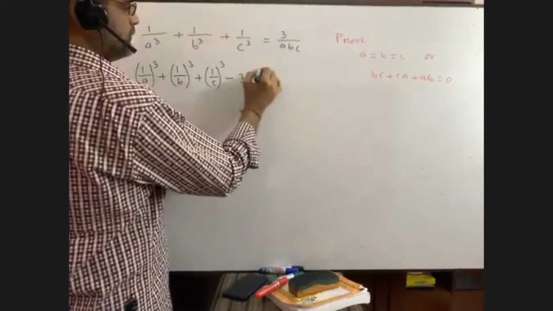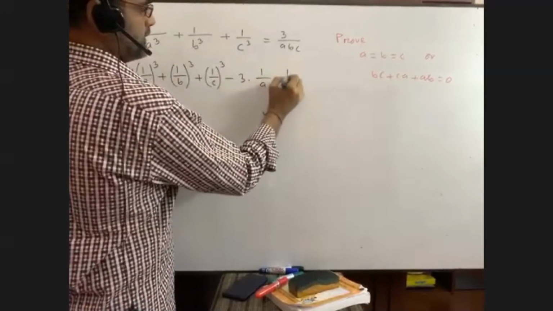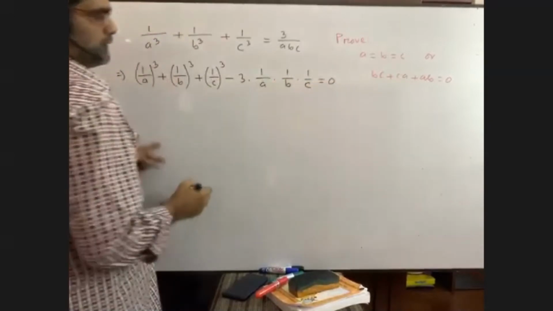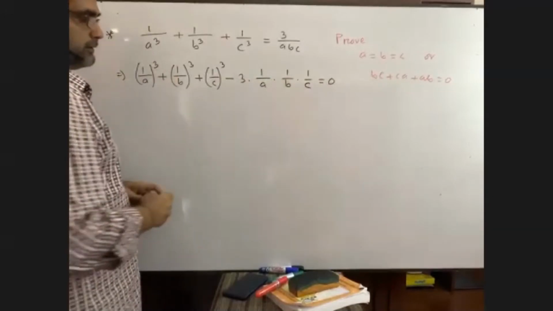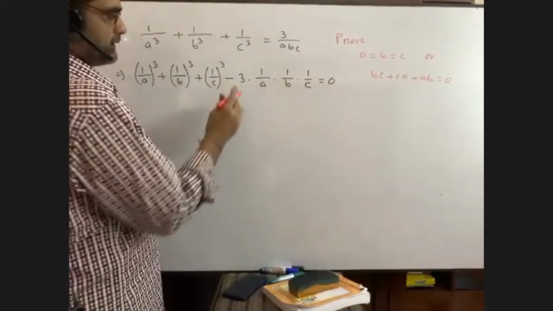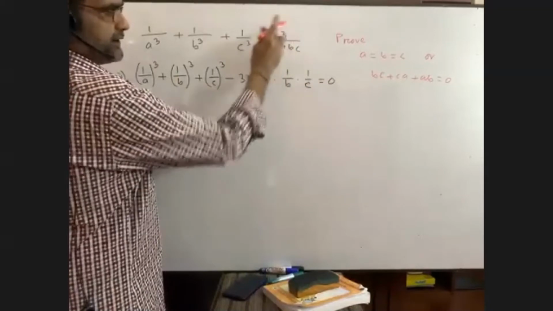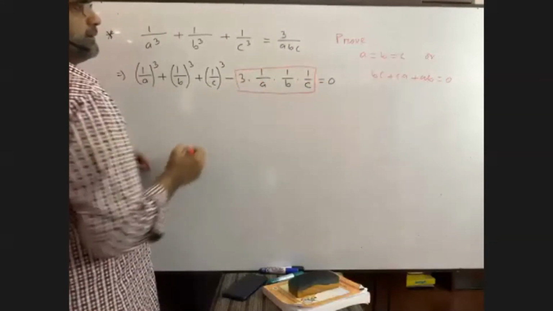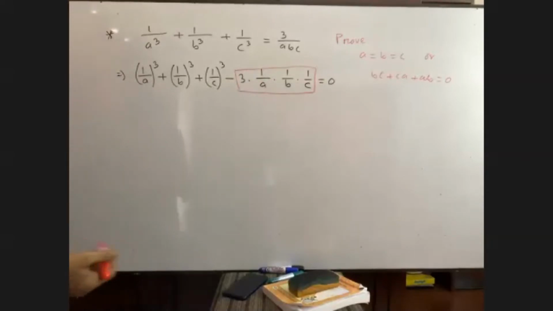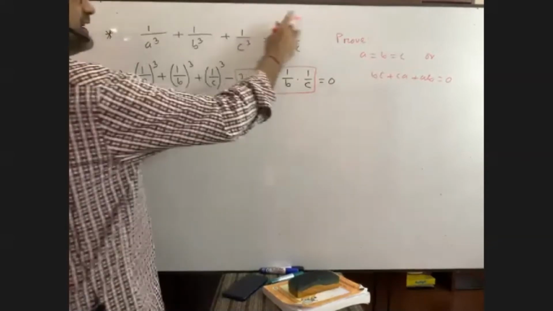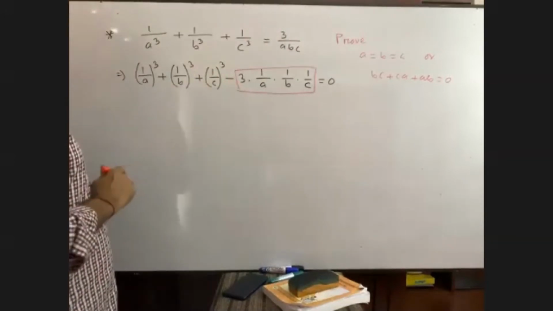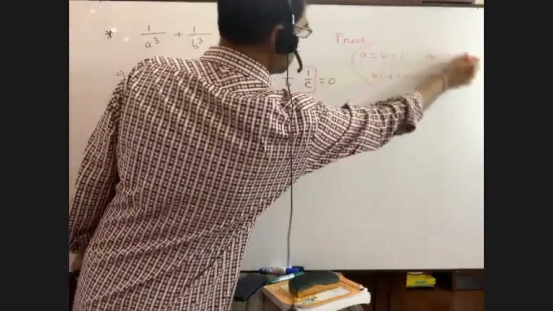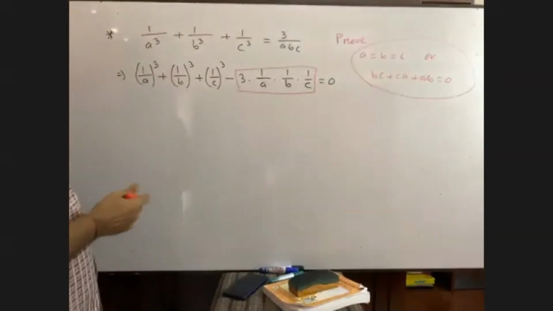It is 3 into 1 by a, 1 by b, 1 by c equals 0. If we multiply this part, what will we get? 3 into 1, that is 3 by abc. Yes, sir. And then I have just brought this 3 by abc to the left hand side, nothing else I did. This type of math, when you see it in the exam,